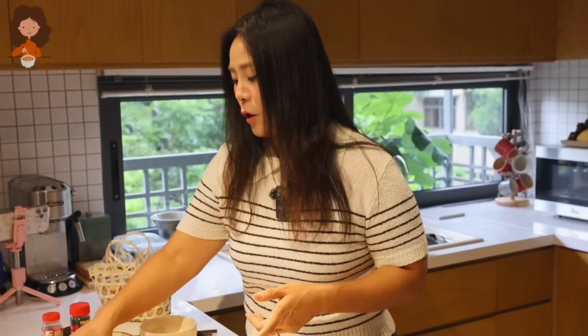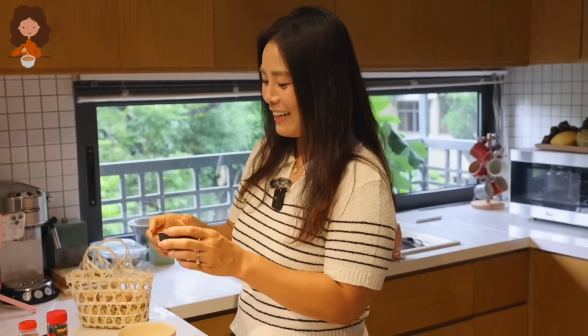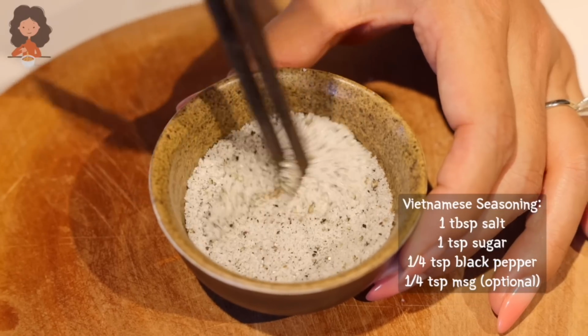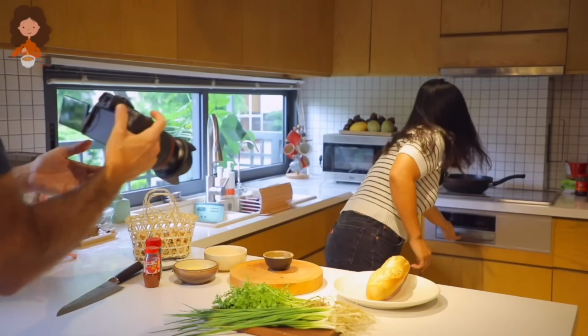So next, we are going to make Vietnamese seasoning. So this is something I learned from OG Vietnamese chef in Hanoi. So she said some salt, a little bit of sugar, a little bit of black pepper. That's a Vietnamese seasoning. So I'm gonna make that. Here is about a tablespoon of salt. I'm gonna add some sugar and some black pepper. If you have an MSG,